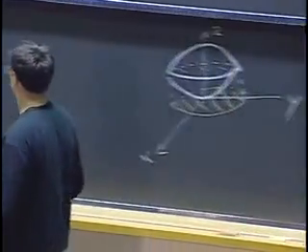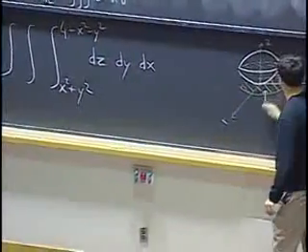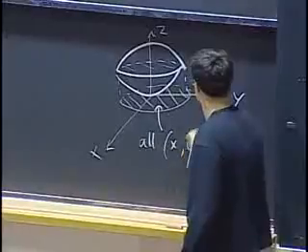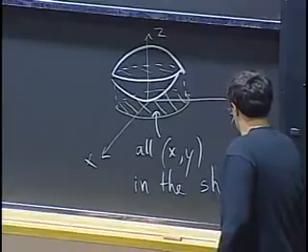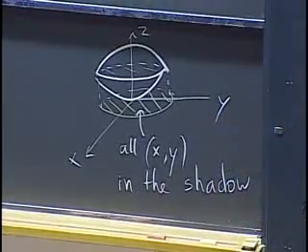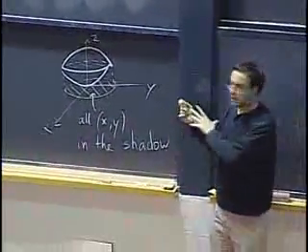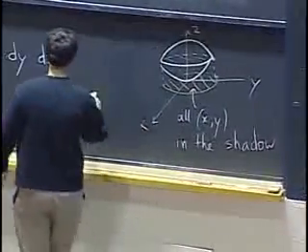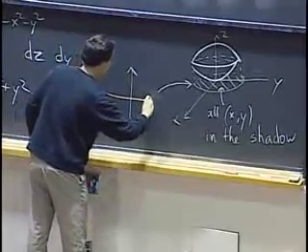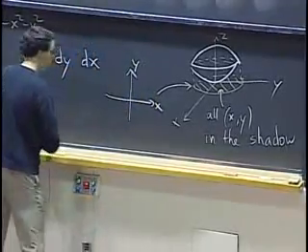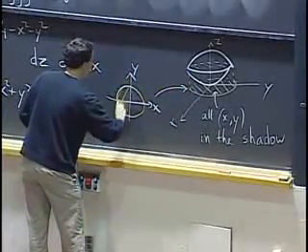And so now I will want to integrate over all the x and y in the shadow. So now I'm left with something we've already done, namely setting up a double integral over x and y. We don't strictly need it, but if it helps, it could be useful to draw a picture of this shadow in the xy plane. Here it would look, again, like a disk, and set it up.